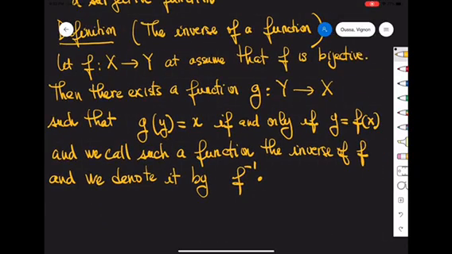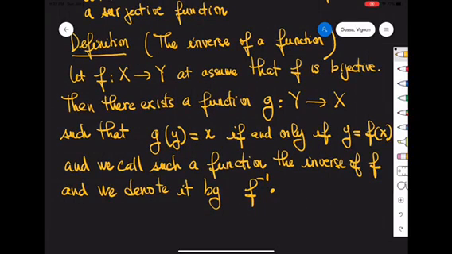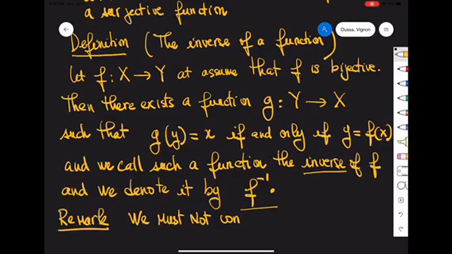Now, before I illustrate this, I want to be clear about this notation. This notation that we just wrote can be a bit confusing. So, as a remark, we must not confuse